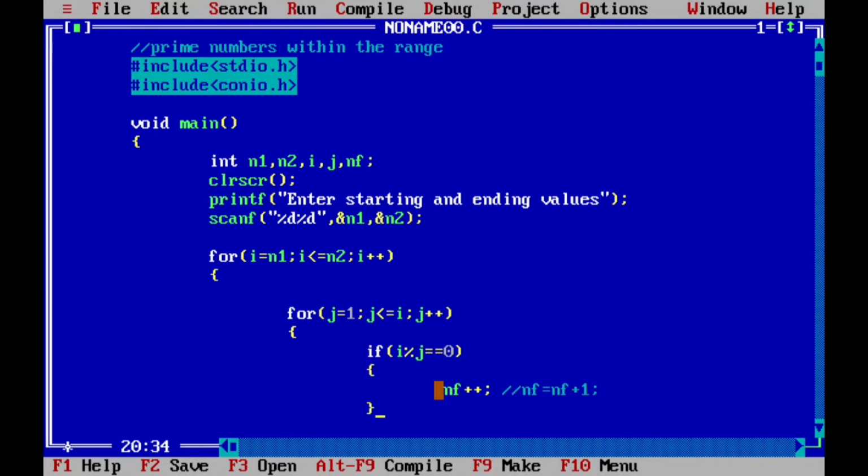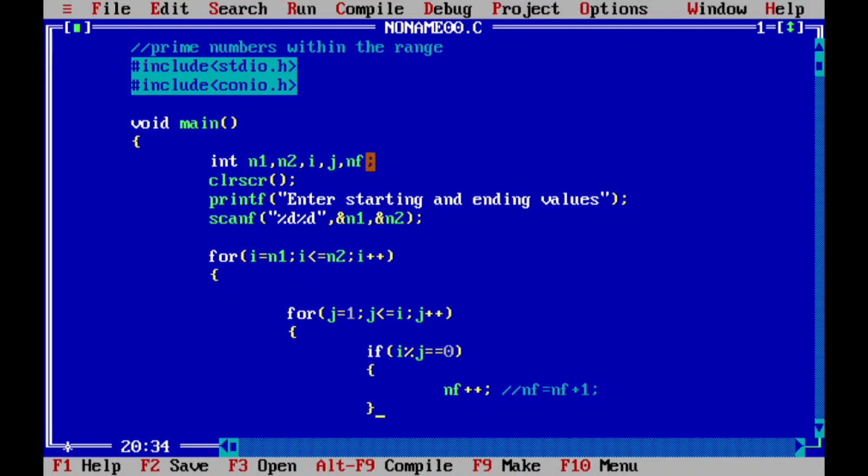Bracket close. Here, what is the initial value of this particular nf? We don't know. It has a garbage value. If you want to use the incrementation operator for any particular variable, first of all you have to assign some value to that variable. I want to increment from 0. 0 plus plus means 1. 1 plus plus means 2.